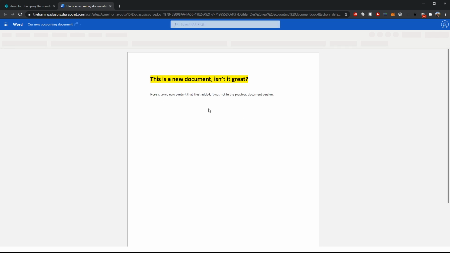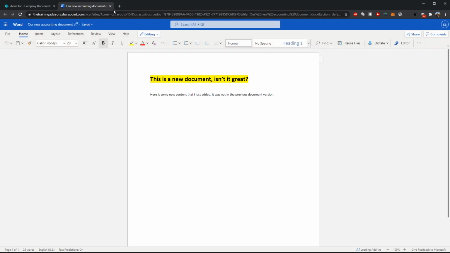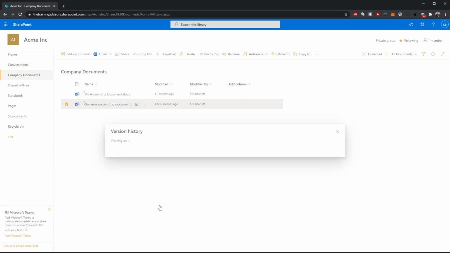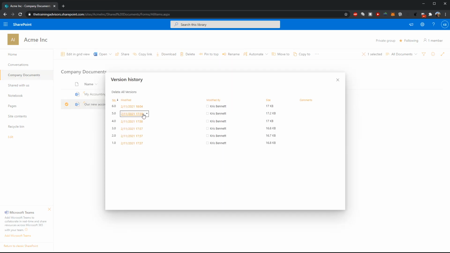And now when I click to open my accounting document, notice the content that I don't want isn't there. But it is preserved in my version history. So I could always go back if needed and show an auditor that at this date and time, this document version did exist. I can also delete these versions if I want to clean things up, either one by one